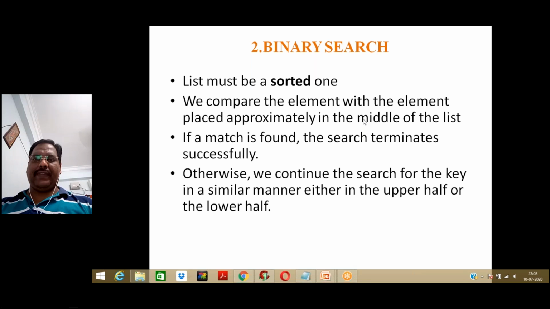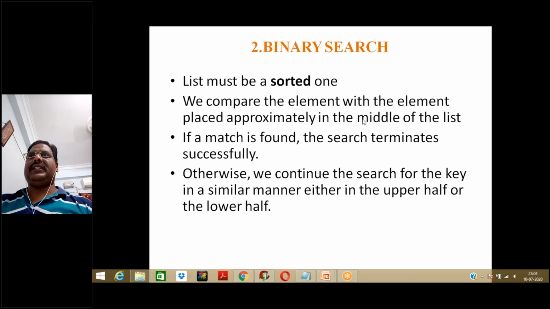But if not, then we have to compare both the values, whether the middle value is less than or greater than your search value. If it is less than the search value, then you have to move to the left side portion of the array. If the search value is greater than the middle value of the list, then you need to go with the right side portion of the array. That is how the search process happens. So this is what we have to do with the binary search.